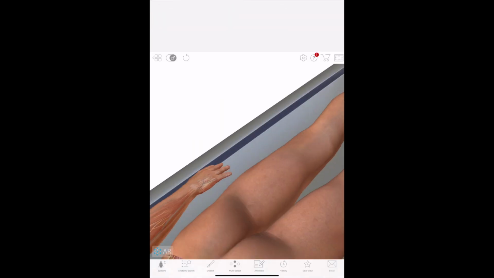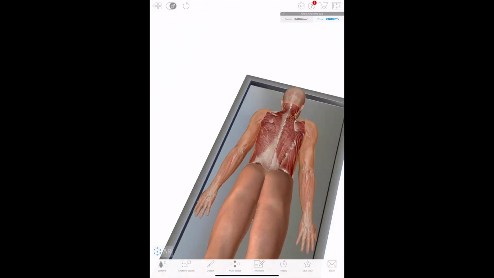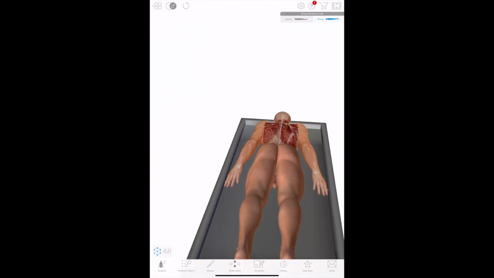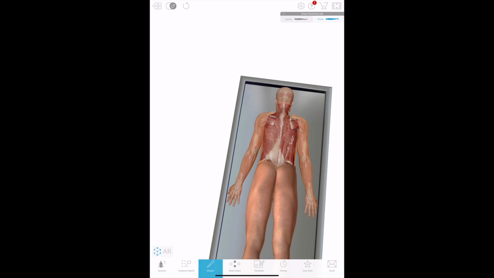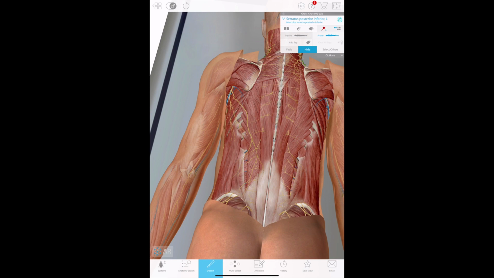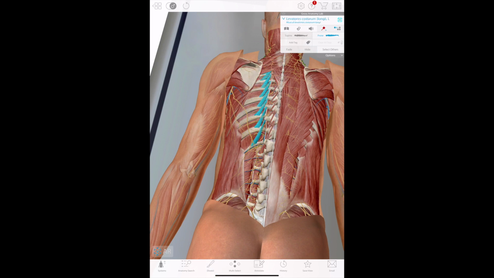And as always, you're able to dissect the body and you're able to turn the patient over and you're able to change the sex of the patient. So whether it's a female or a male, if you're working on organs or breast tissue or genital organs, it's really, really awesome. And also you're able to look at cross sections, which was another thing that really helped me out also for exams,